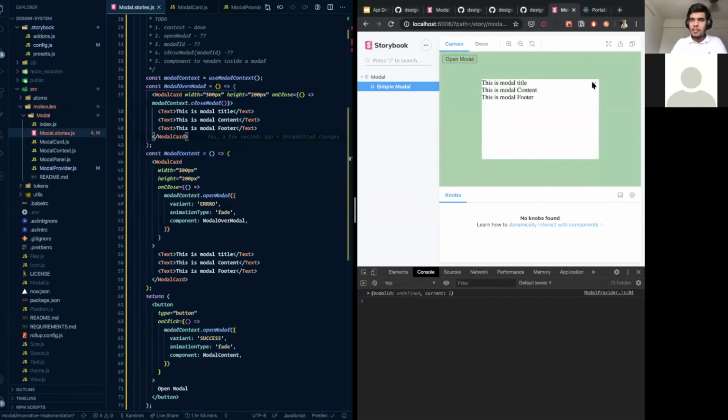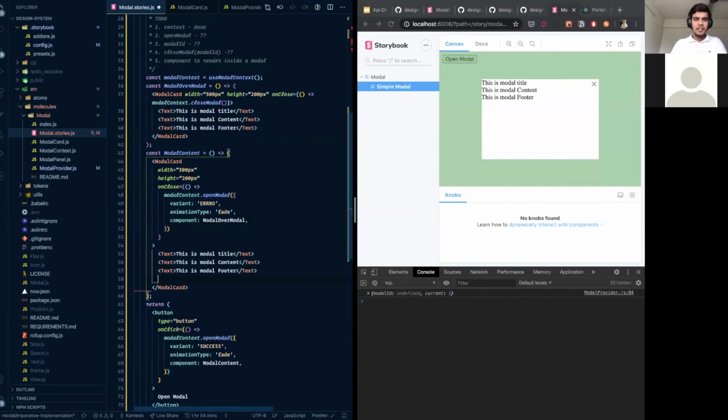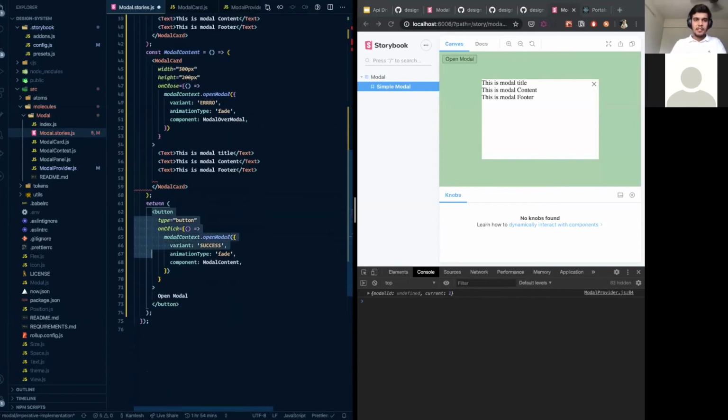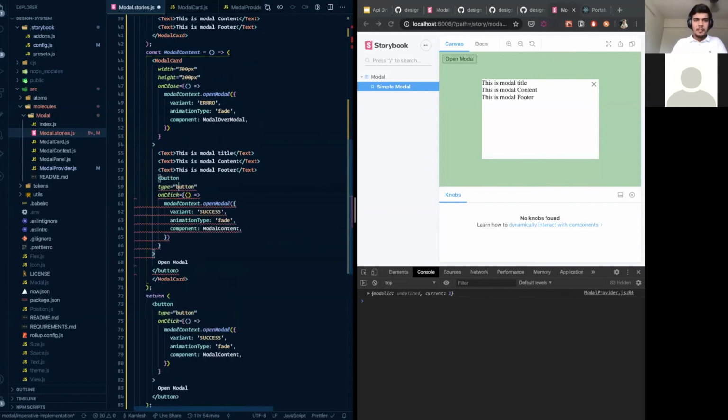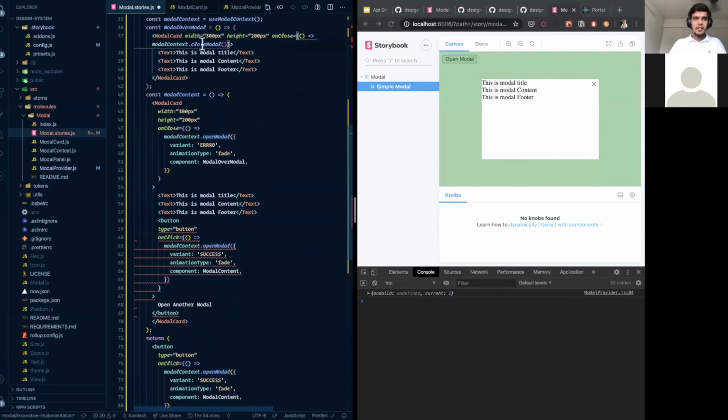Okay, I need to give a trigger to open this modal. I'm seeing close, but I'm passing it as open modal. So I'll create a button inside it, which is exactly this, and I say open another modal.